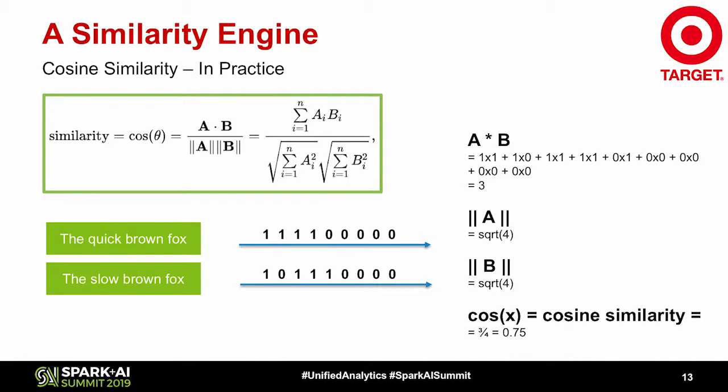So if we just take a quick example so you can see what this looks like. We grab two raw features, the quick brown fox and the slow brown fox. We used that same vocabulary vector we found previously, and vectorize those using the count vectorizer. And then taking the dot product of A and B, a lot of terms knock out because there's a ton of zeros, and so we see an overlap of 3. And then we take the magnitudes of both of those vectors. It's the square root of 4, and then combining that all together into a score is 0.75.